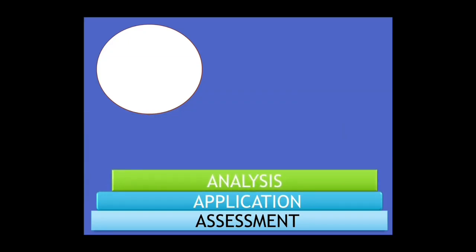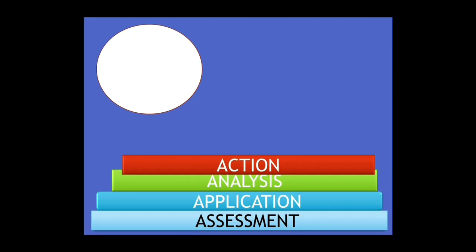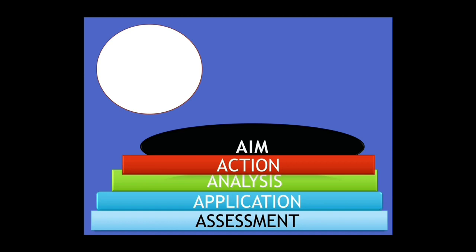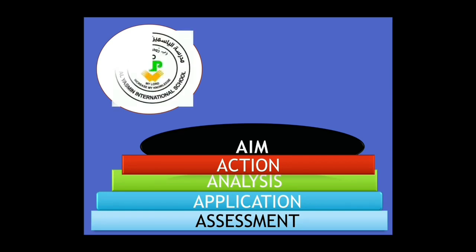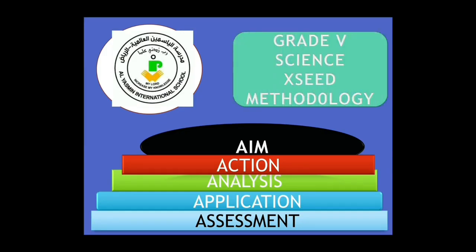We learned that the seed has an external part and an internal part. The external part of the seed consists of seed coat and hilum. The internal part of the seed consists of cotyledon and embryo. And also we learned that seeds are classified on the number of cotyledons into monocots and dicots.